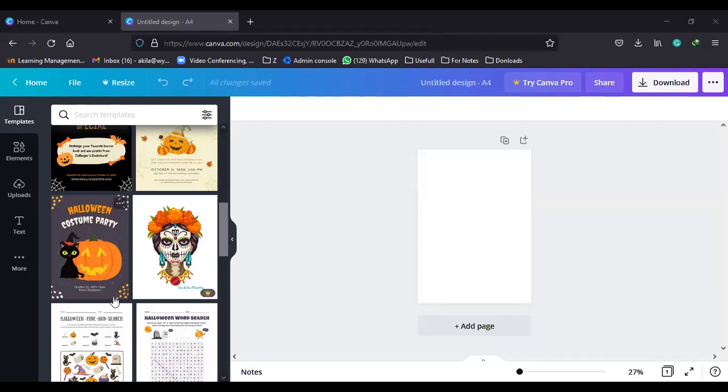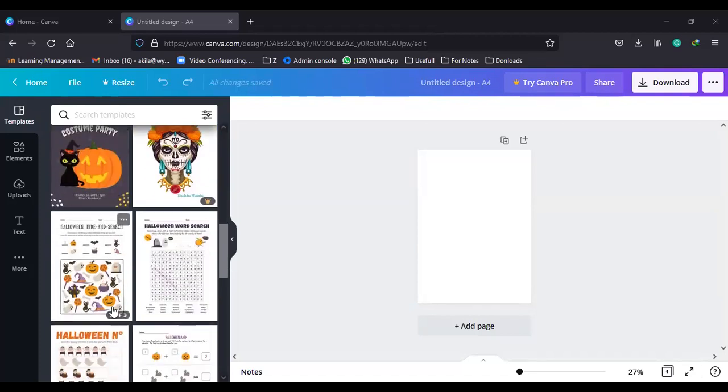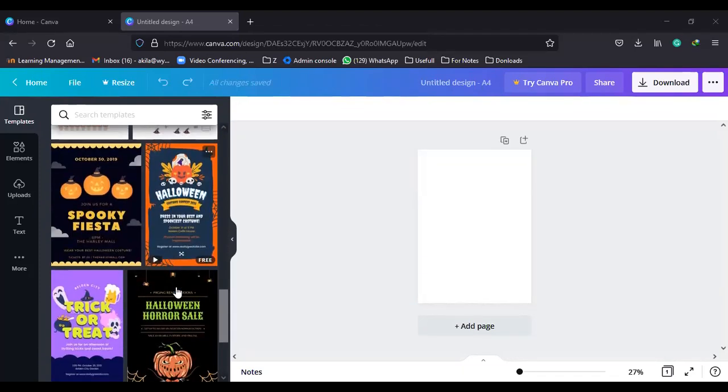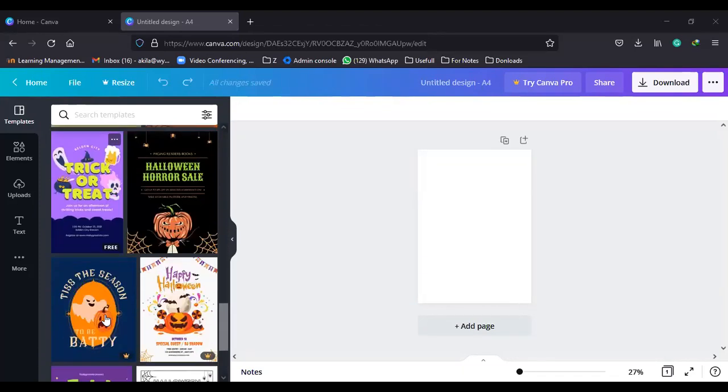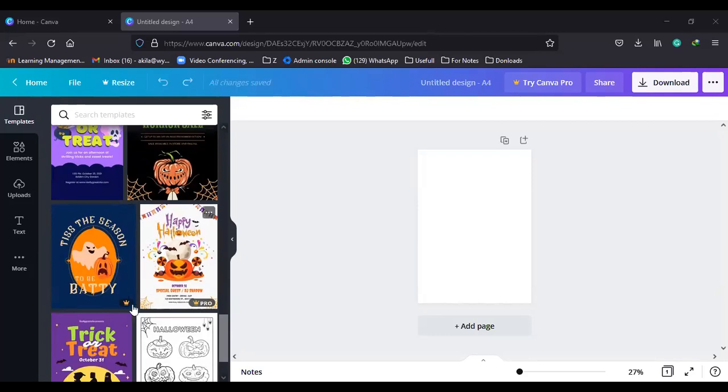Free. See here, one of three. There are 3 templates. That means 3 pages there, right? One of 2 pages. And these are free ones, right? So this is Pro. You can't use these Pro templates or Pro elements.